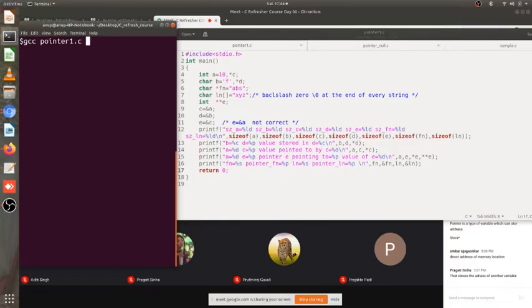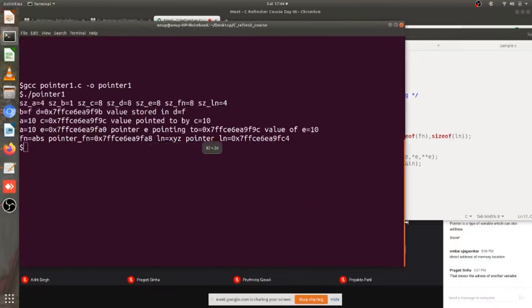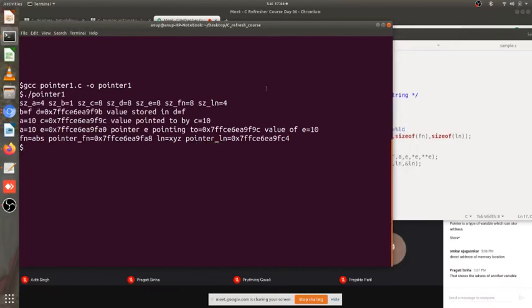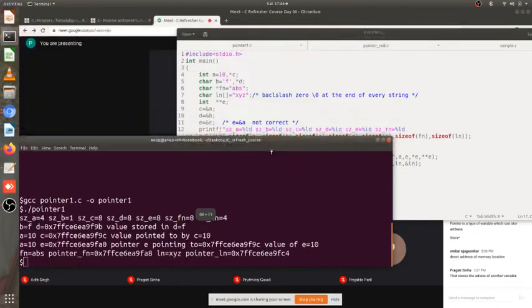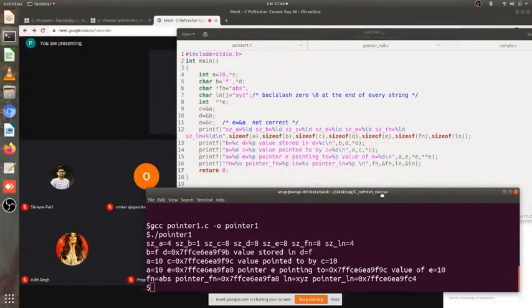So pointer1.c, I guess that file is there. Output I will get pointer1. So this cycle at least you have learned, if not anything else, in the whole 7 days, and this particular sound that sometimes my laptop produces when I try to clip. Okay, fine. So I have to shorten this. Now I accommodated everything in the screen.